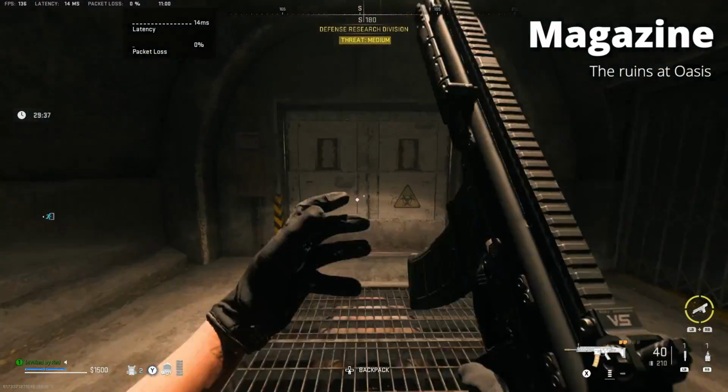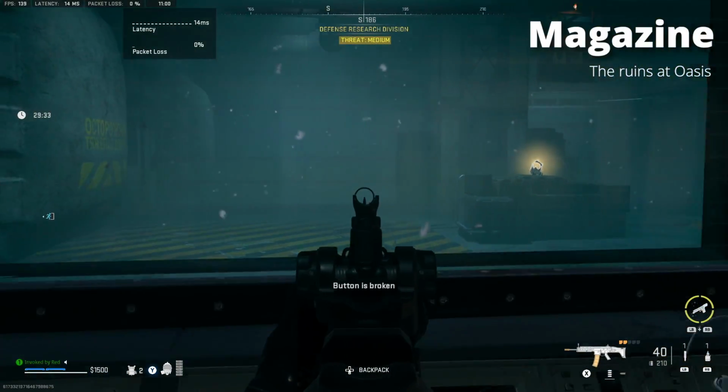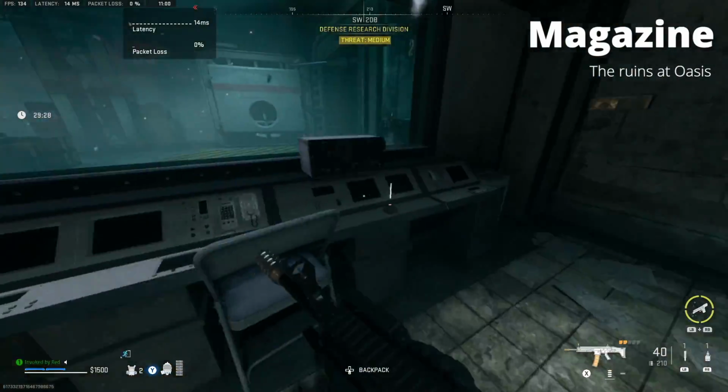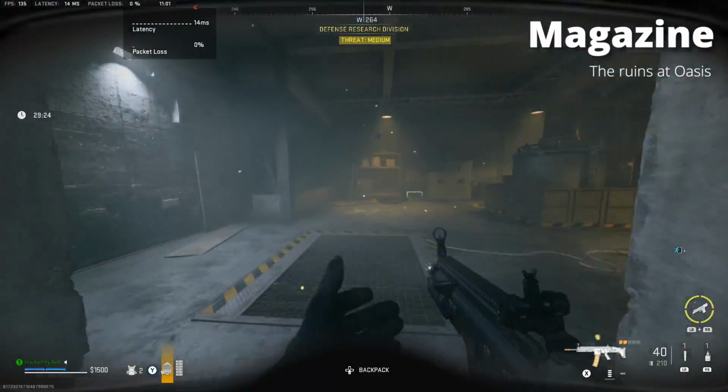Okay, so arguably the most annoying component to get is the magazine. Now to do this, you're going to want to go through the Oasis entrance. That's the kind of desert area just west of Tarak village and just north of Rohan Oil. When you go through this